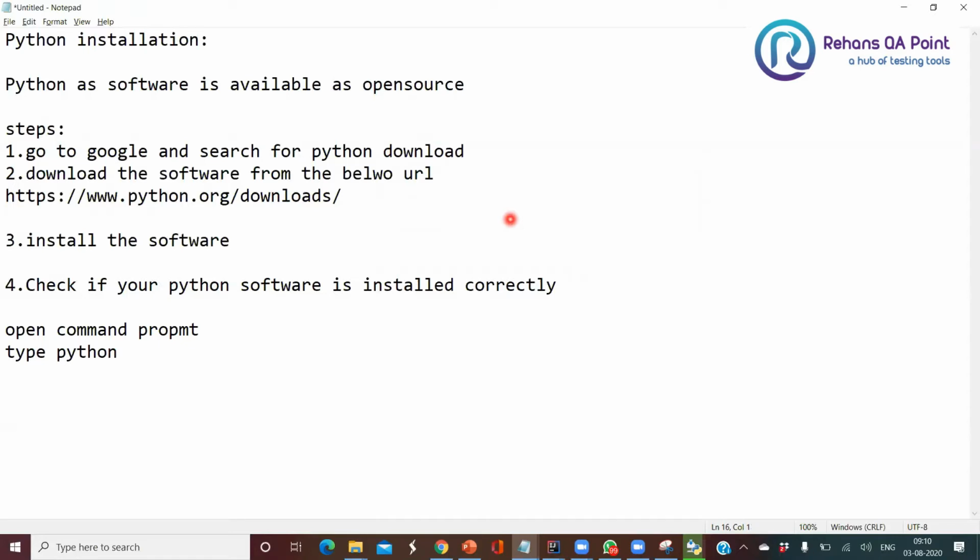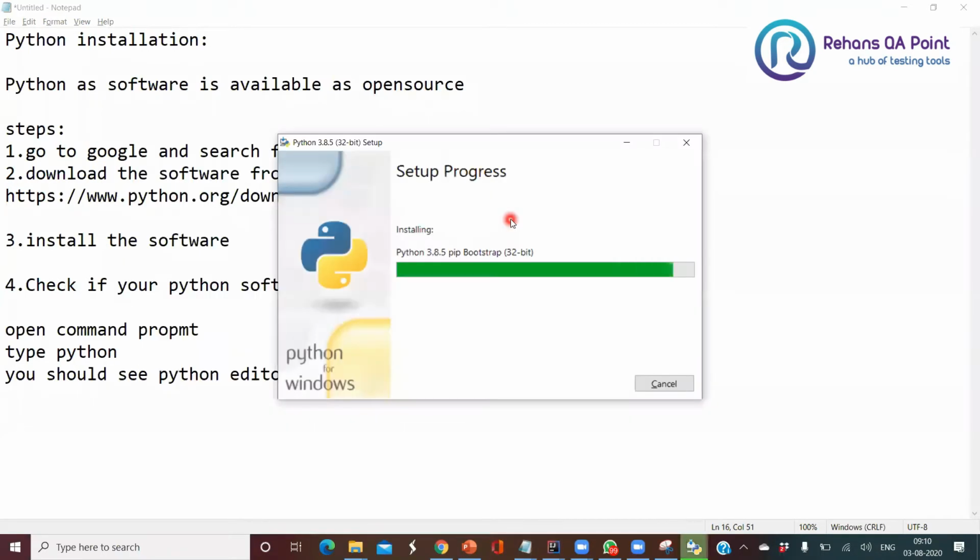You should see the Python editor open on the console. Let me show you once this install is completed, how we can verify whether Python is installed properly or not.